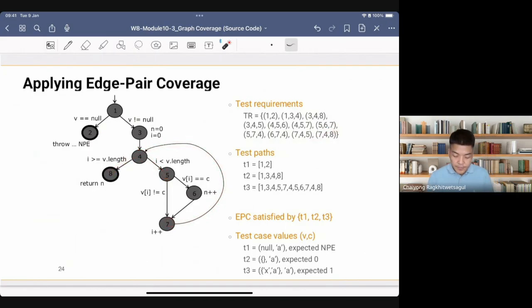Okay, I can satisfy the first one by going to 1, 2. So this test path, I get rid of this. Another one, I go to 1, 3, 4, 8. So I go to 1, 3, 4, and 3, 4, 8. And the last one, I have to satisfy a lot of edge pairs. Okay, so I go to 1, 3, 4,